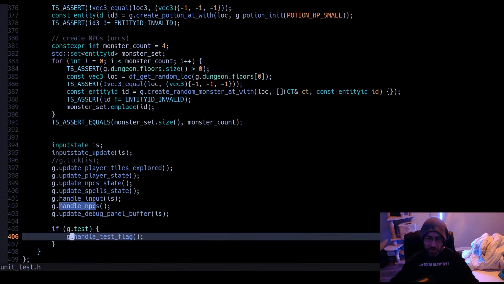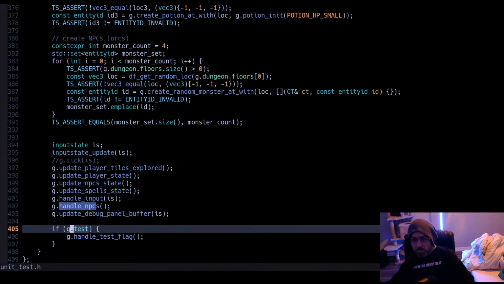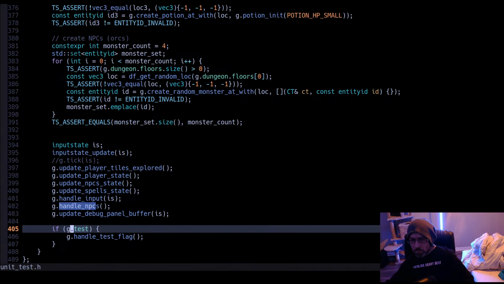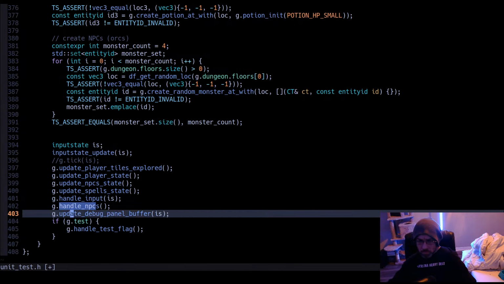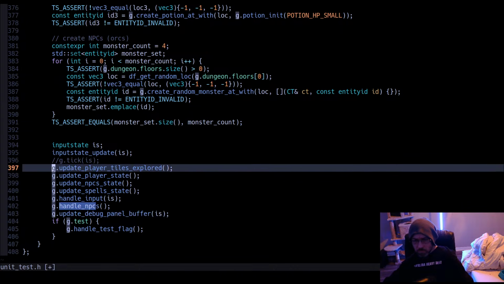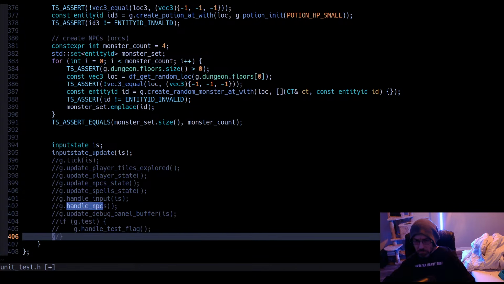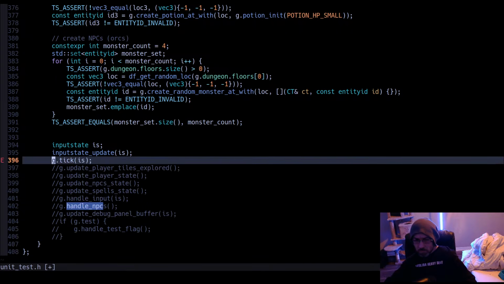Why did it crash earlier? We should be able to just call tick.